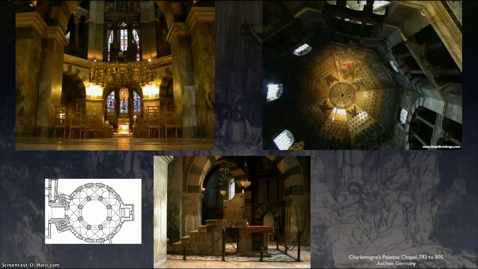Here's another one that is really one of the very first confirmed Romanesque buildings. It's the Palatine Chapel in Aachen, Germany. Very similar to what we see in San Vitale with the round octagon look to it. But they've taken it actually to new heights. Instead of being a low building, this is several floors tall. Notice the archways, rounded,